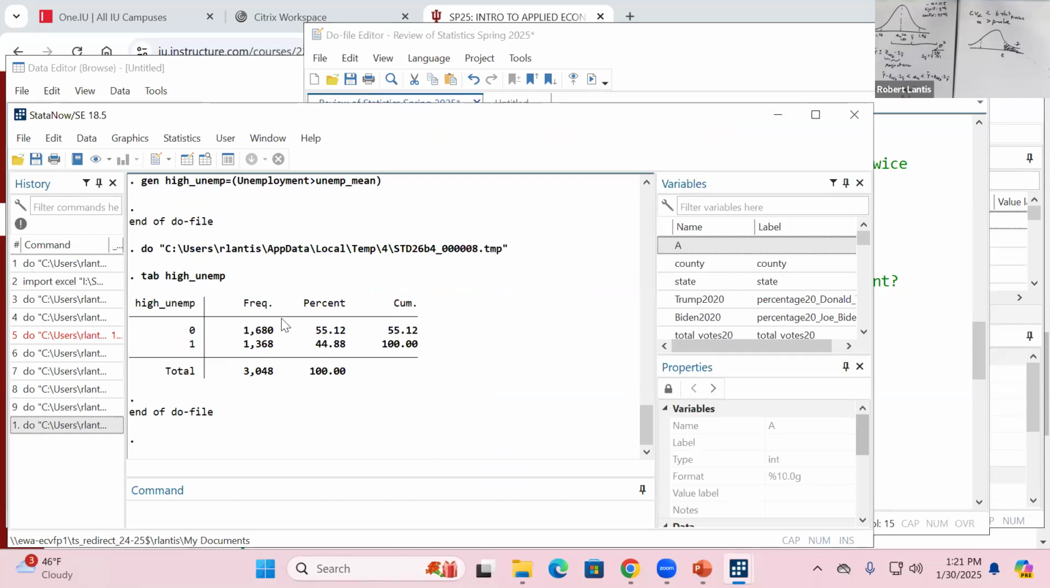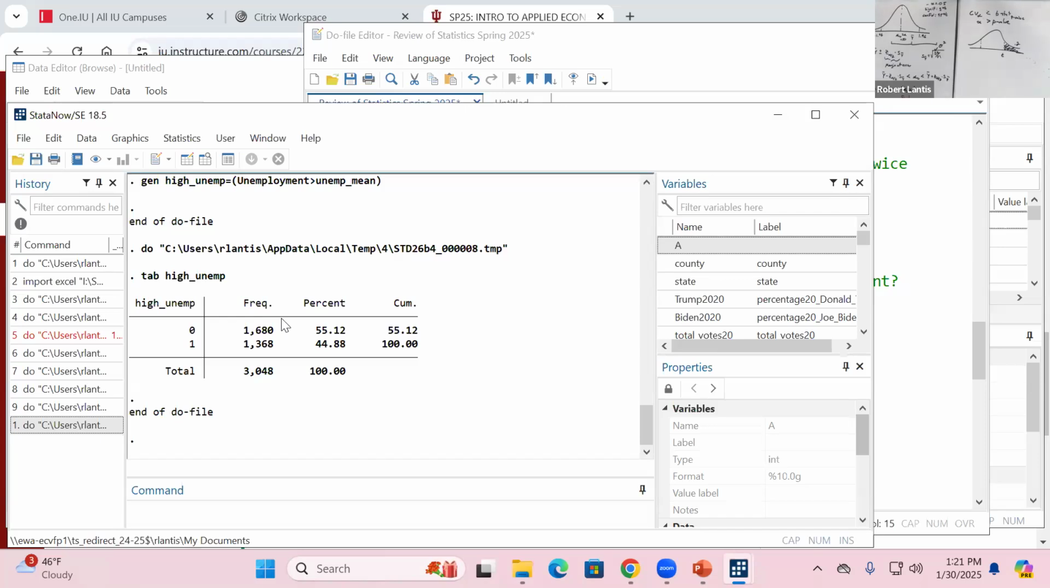So what percent of the county? So when will that variable be equal to 0? When the unemployment rate in the county was below the mean. So what percent of the observations or the counties have below the average unemployment? 55%, right? So part of what we're going to be doing in this class is running the code to get some Stata output,